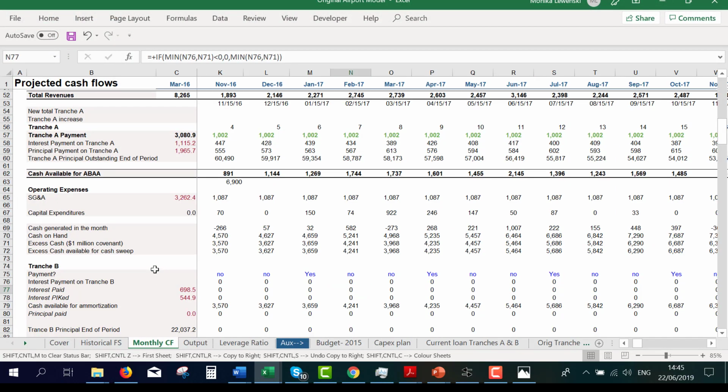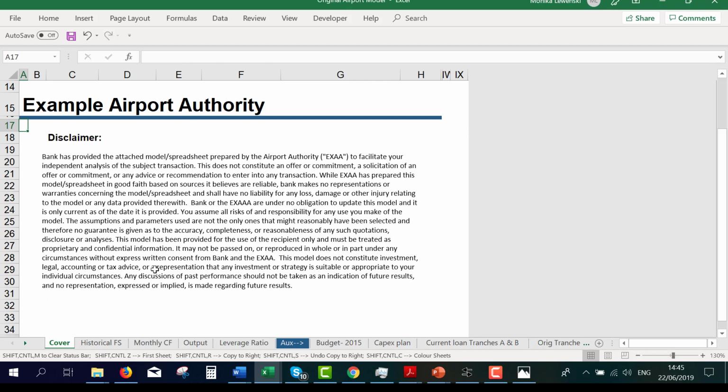Okay, and I opened it up and I was supposed to look at it for my class, and the first part was very impressive, beautifully laid out. Look at the artistic layout of this. Okay, disclaimer.